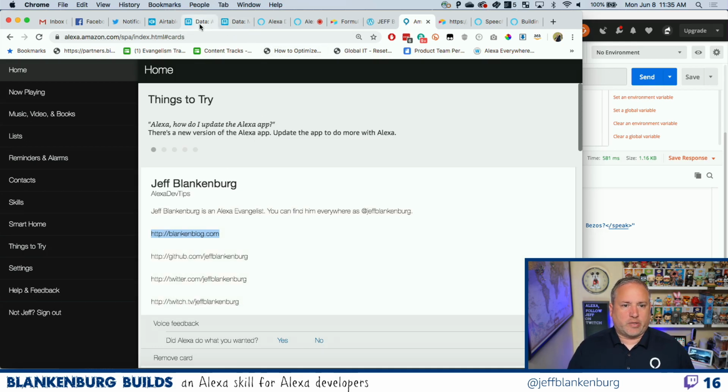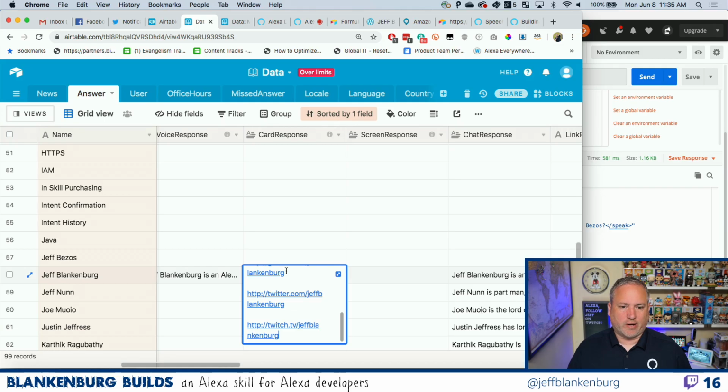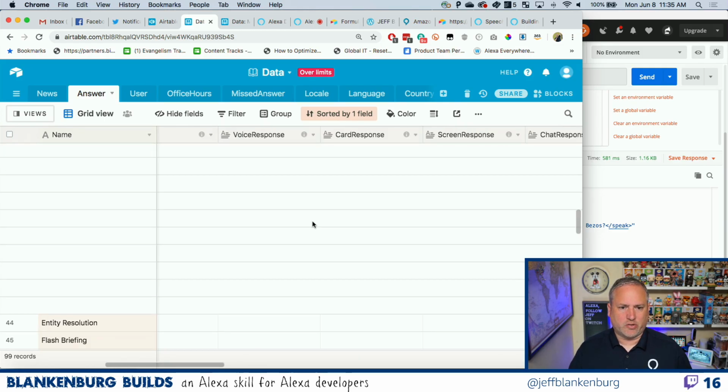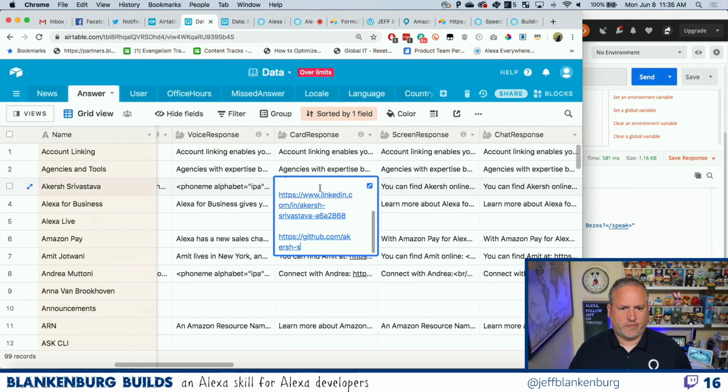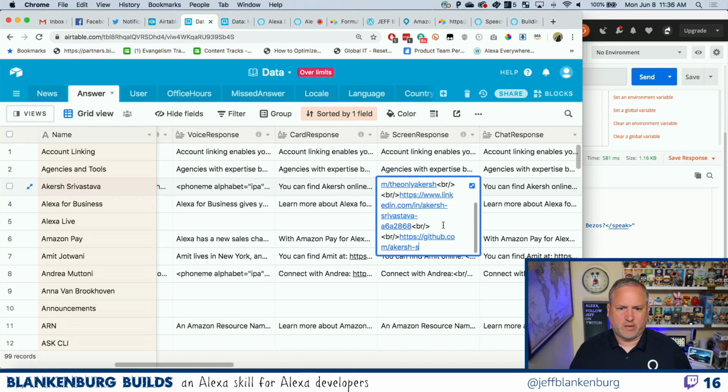But it works now. So I can come in here for each one of these records, and I think I did that. Like if I go look at Kirsch's list, I'll have to have the rest of my team fill their stuff out. We did the same thing here. I thought I could just drop new lines in there. I know for screens, they use HTML breaks. So if I'm just doing standard APL and I want to put some text on the screen, I can put line breaks in just like that, and they work wonderfully.